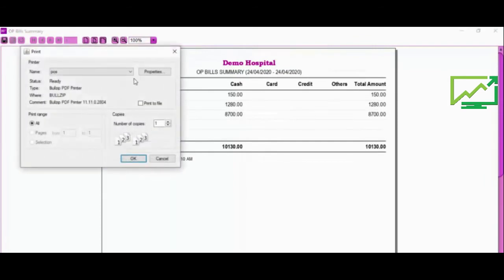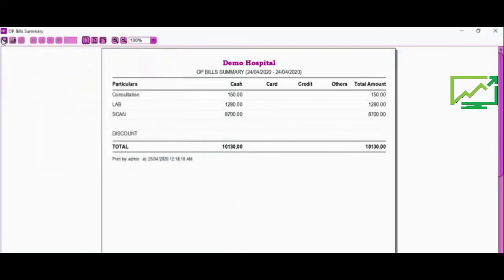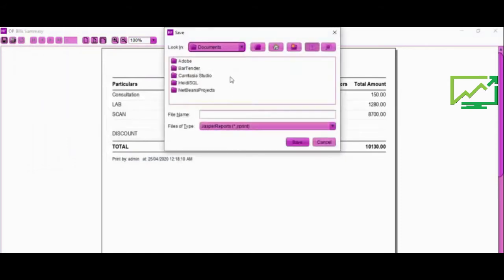Most of the reports you can directly print or you can save in any format like PDF and Word format.